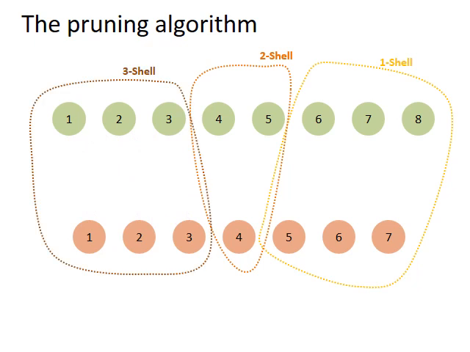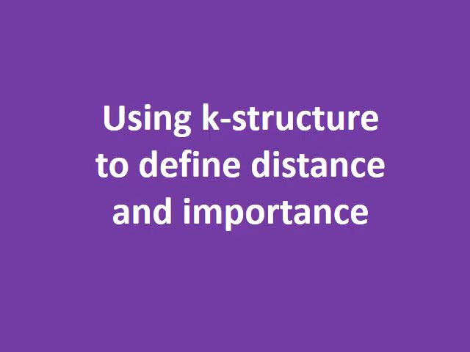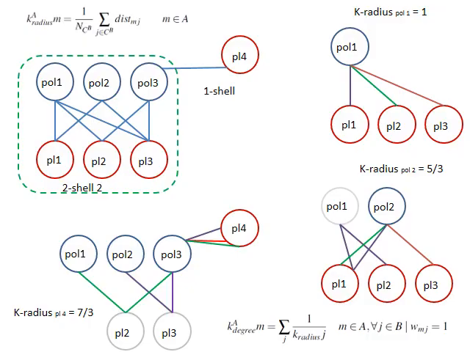This example was very simple. Huge networks may have high shell numbers. We are lucky because mutualistic networks are under 1000 nodes, and the highest core number we have found is 11. We use the K structure to define the distance to the innermost core and the importance of each node.